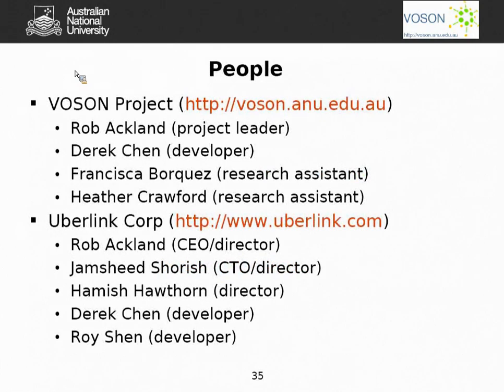And these are the people who are associated with the project currently. I should have a list of other people who've contributed at various points, but that's available on the website if you're interested. At the ANU, we've got Derek Chen, who's a full-time developer working with me at the moment, and two research assistants who are working part-time. And then in the company, Derek's also involved, and another developer, Roy. And then we've got Jamshid Shorish, who I met through Nosh, actually. Nosh put us in touch, and he's another economist who I've done research with, and he's involved in the company